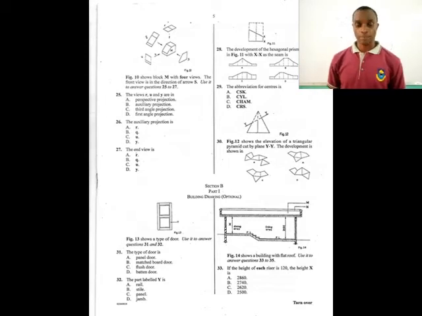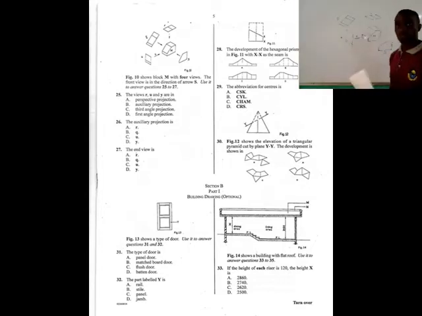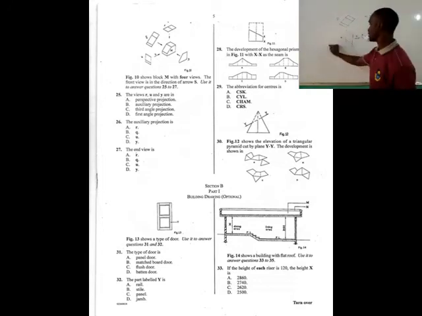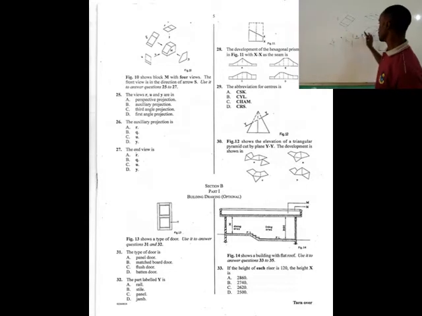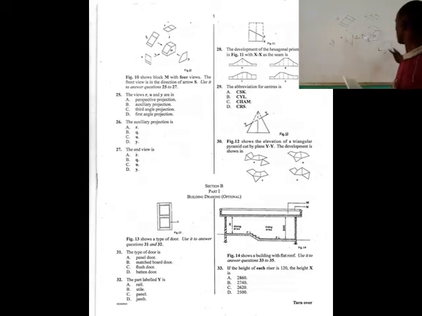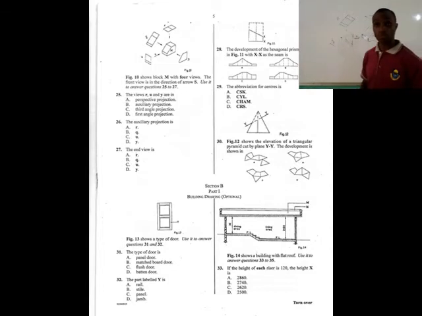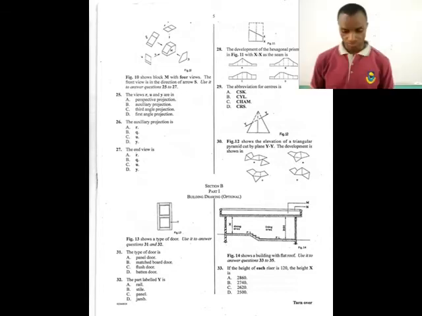Question 25. The views R, U, and Y are in what perspective? The answer is C, which is third angle projection. Why? Look at it on the board. Third angle suggests that you look at an object. If there is an eye, it sees this object from here. What you see is between the eye and the object. Since you're looking at this object, the view is here. The same thing if you're looking from here, you see it here. That presents this drawing as third angle projection. Is that clear? So the answer is C.